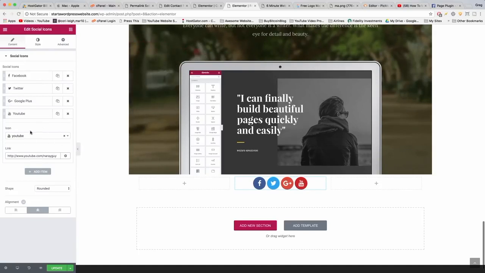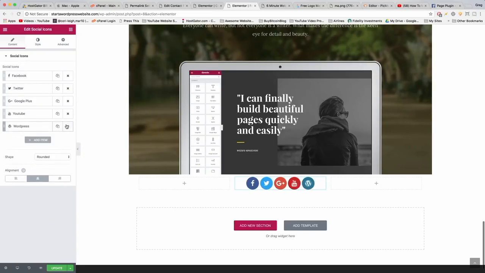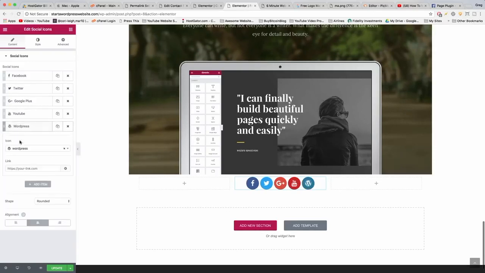And then if you want to add one more, we can add item. And then I'm also going to do one more. So WordPress looks pretty and all, but I'm actually just gonna do Reddit, because I started posting a little bit on Reddit. I think it's a lot of fun. You can learn so much, and people just go nuts in those comments. Okay, so now you guys can check out my Reddits. And Reddit's actually a great source of free organic blog traffic if you answer the right questions or you post really interesting links. So, all right, we're gonna update that section, and now for the right-hand column of our footer,